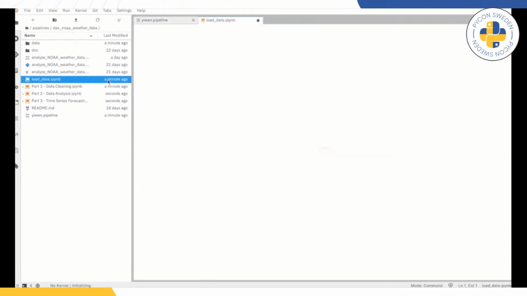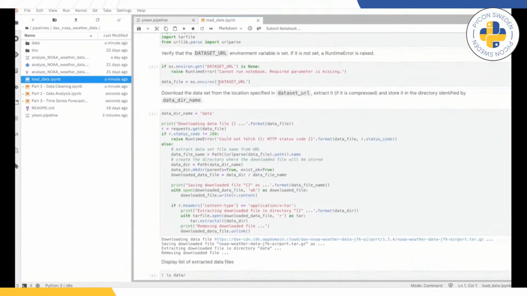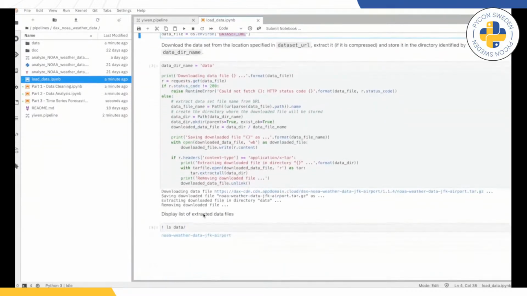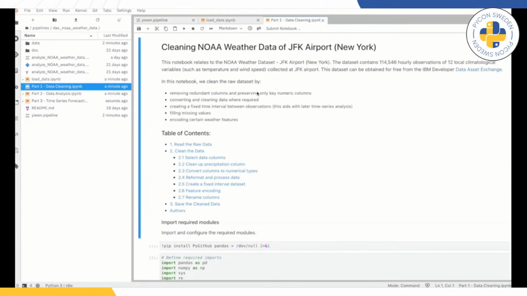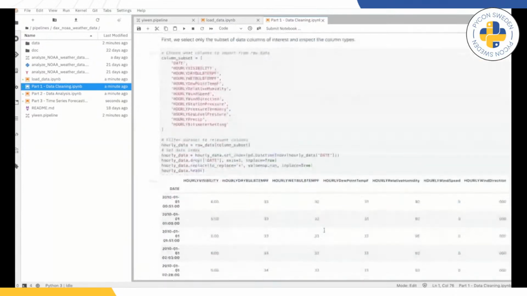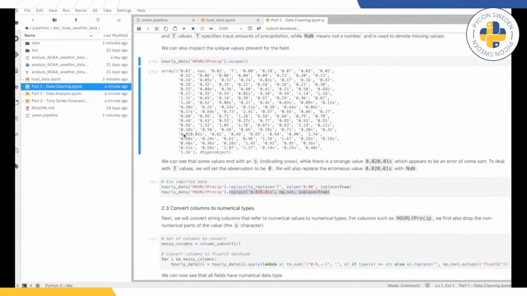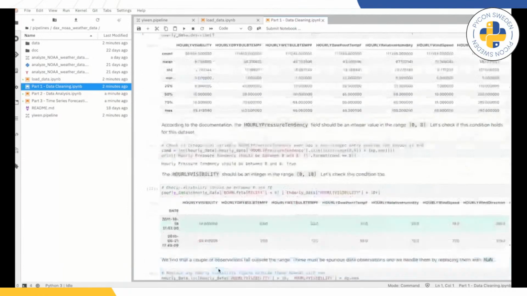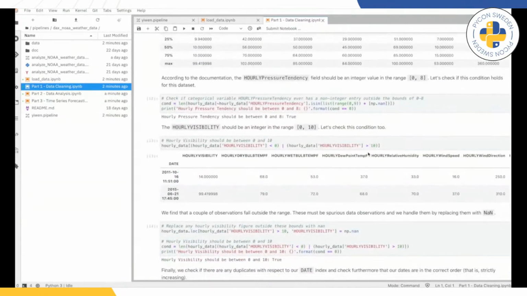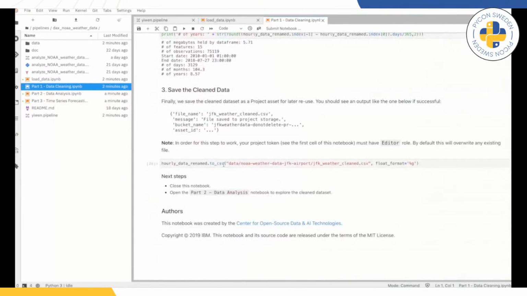Now, let me quickly walk through the content of each notebook. Firstly, the load data notebook downloads and extracts the zip file through the dataset URL link, and saves it as a gfkweather.csv file. The Part 1 notebook loads the dataset downloaded from the previous notebook, replaces the wrong values such as none, t, 0.02, 0.01, filters out everything out of the range, converts columns to numerical types, clears out missing values, renames the columns, and then saves the clean dataset as gfkweatherclient.csv